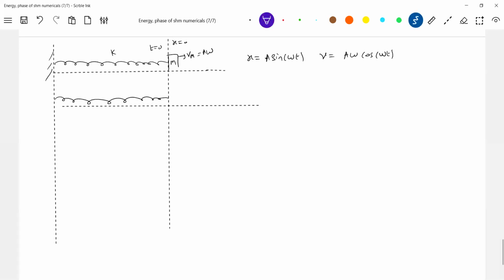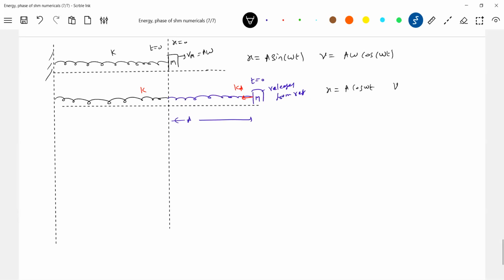Instead of giving velocity, what the student will do is pull the block by a distance A and release it from rest, and he will start counting time from here. So how much spring force will act? kA. Tell me what will happen now. Again, this is x equals 0. At time t equals 0, what was the value of x? It was equal to A, no? So therefore the equation will end up as A cos omega t.